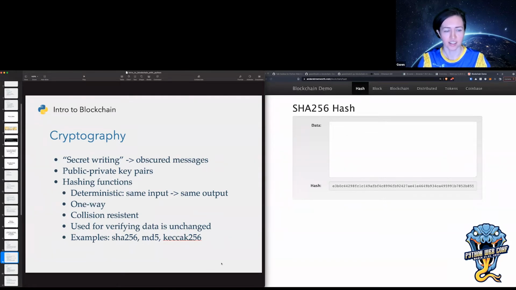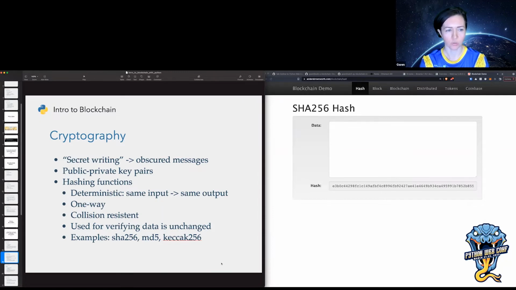First, public-private key pairs. If you see someone say, oh, send me Monero or send me Bitcoin, that is their public key, which can be hashed or whatever, but that's basically their public address.